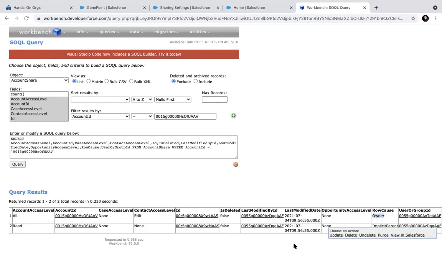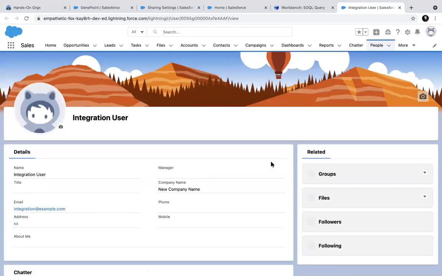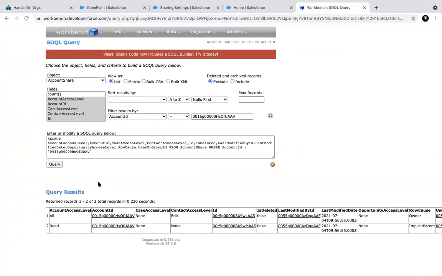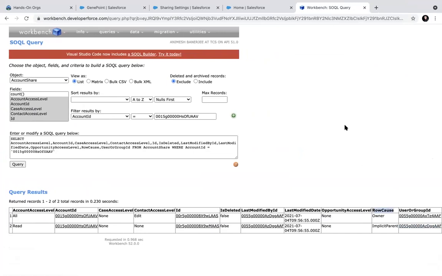Okay, so owner has changed now. You see this owner is now this guy, integration user, and now this row cause has changed. So with the ownership change, everything, these rows, are shuffled by Salesforce. But any Apex managed sharing which you have created will not be touched because that will have a different row cause.